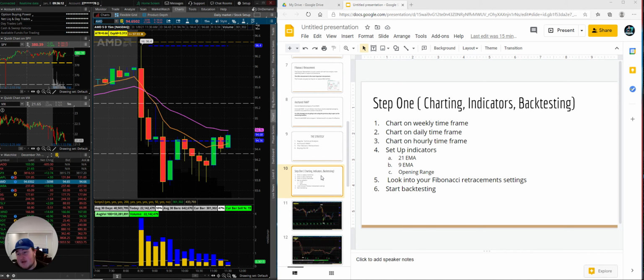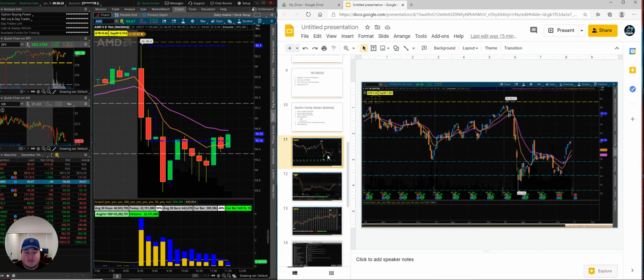So let's first hop onto a chart that was a while back. It was Citibank. I charted it when I did all this. I showed you guys how to apply it and everything. So let's get right into it. So right here we have Citibank. This is during the middle of